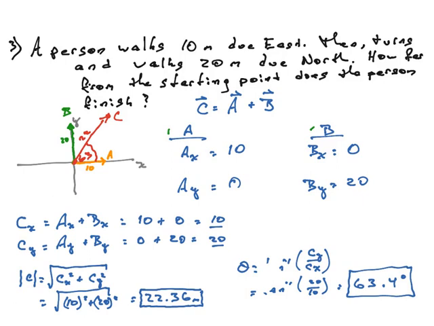So maybe you have to use sines and cosines. Maybe some of them happen to lie on an axis, so you could get them directly. Watch out for positives and negatives. Once all your components are laid out, then to get the x component of your final vector, you add the x components of each individual vector together. Ax plus bx gives you cx. And ay plus by gives you cy. You now have your final vector, x and y